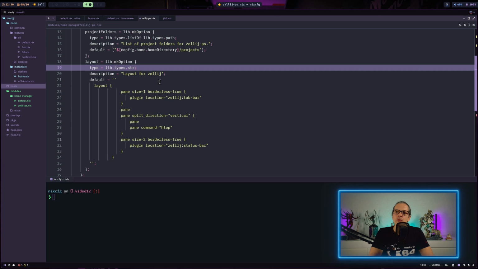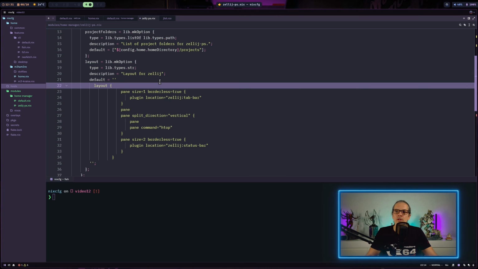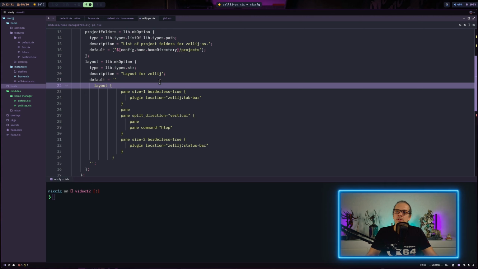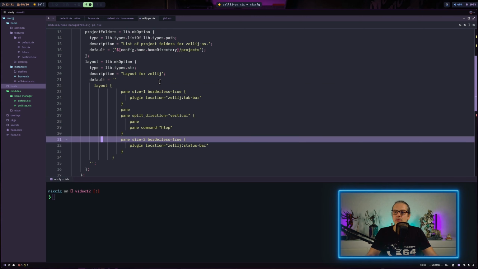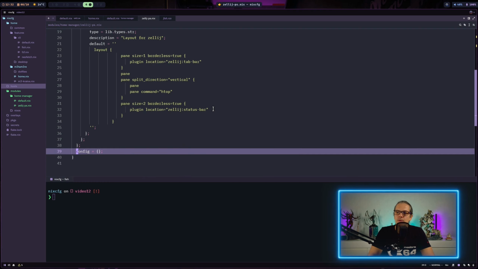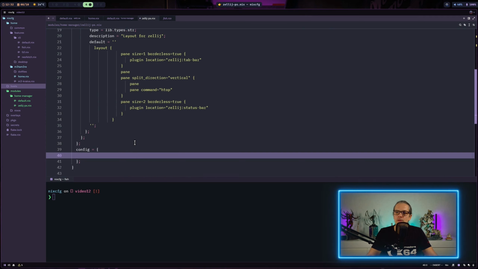So what we do here is we can just create a layout file here for Zellij in a multi-line string. Here we also have a default value like on the other one, and this will basically write out the layout file. And as I said, that is basically the schema of the options our home manager module will have. And down here, we need to build out the configuration for this now.